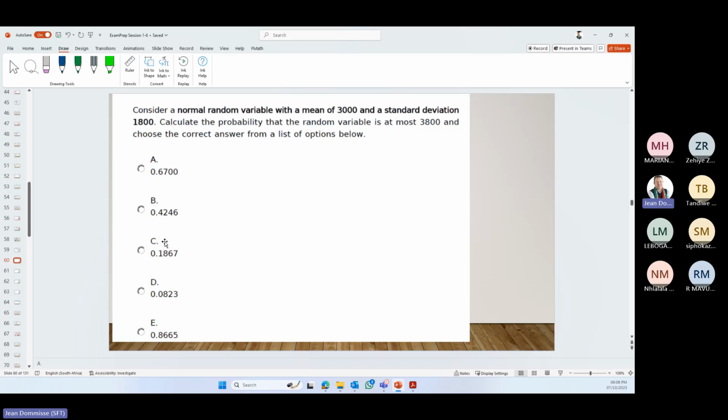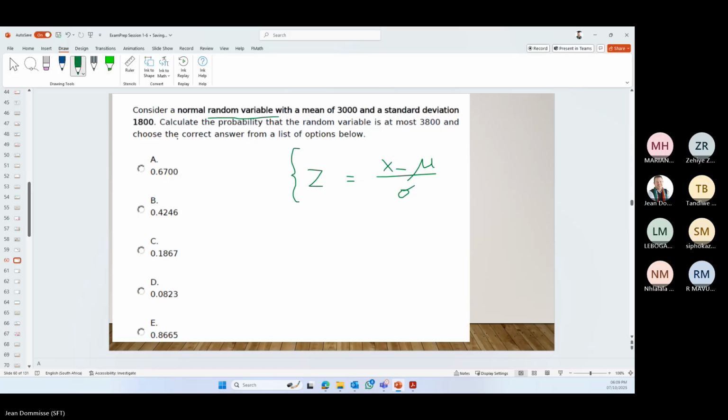Okay, another one like that nearly, but again, let's see what we need to. So now consider a normal random variable. Now we go into the formula. We haven't looked at the formula yet. In study unit 6, because we're looking at normal distributions that's not of a sample, so we're not saying there's a sample involved, we use this as our standard formula.